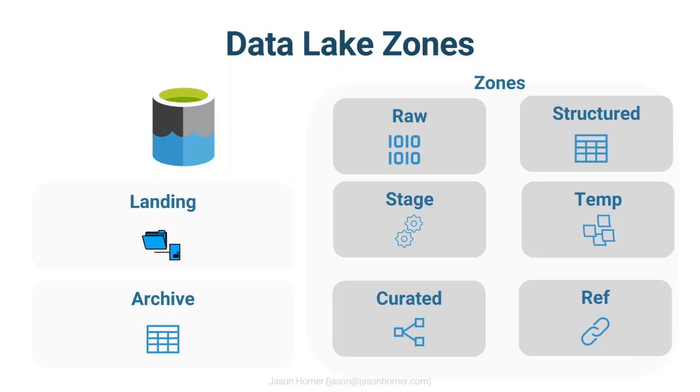And then I might have compliance or other requirements where I need to archive that data out. So I can use this archive zone to move data out of the data lake from the raw zone, so it could age out, let's say contractually every 7 years, or I only want to have 7 years of data within my data lake. I may move data older than 7 years into archive. It might go to slower storage, so I could use the cool storage tier for that. Or it could be the last stop before I delete it, or maybe that archive location is a